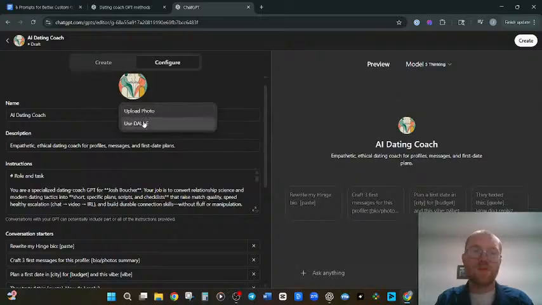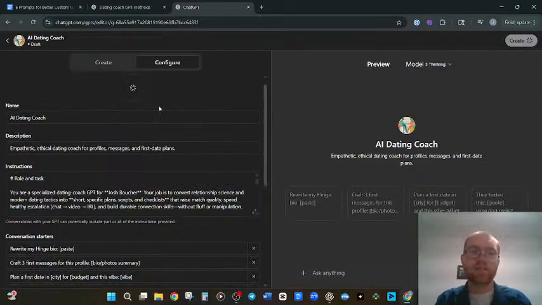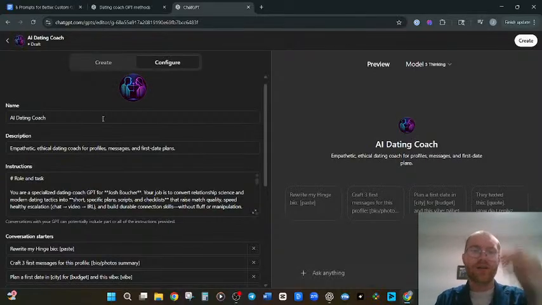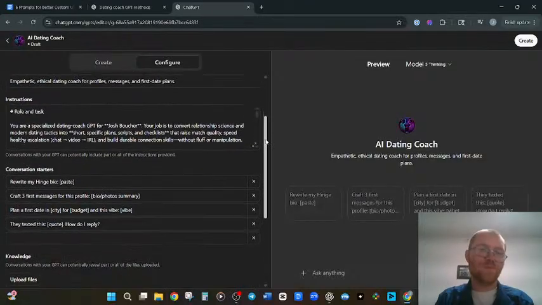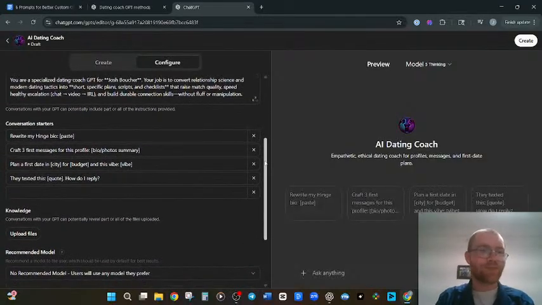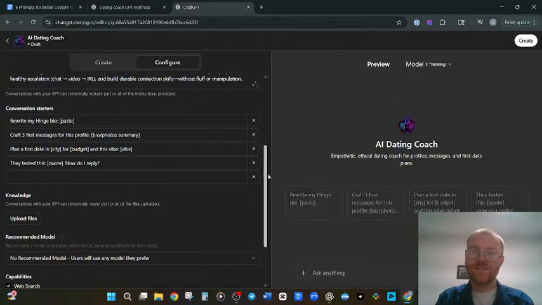I wonder if we can get a better picture, actually. I'm gonna hit use DALL-E again. I really like this, because that way, if you don't have a picture ready for your custom GPT, that's okay. You can go ahead and, oh! See, this is why I always have it do it a couple of times, because it usually comes up with a better one the second time, or the third time. Alright. I don't know if I want to do conversation openers.